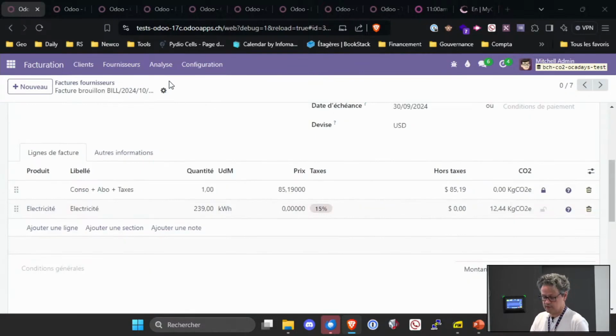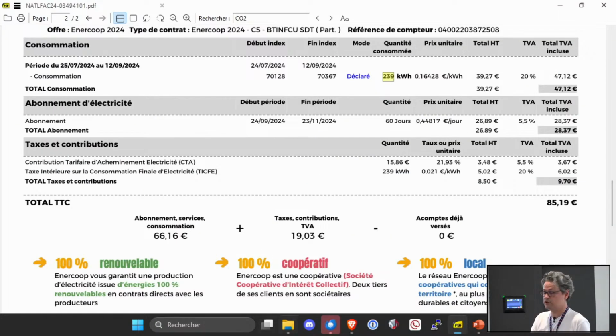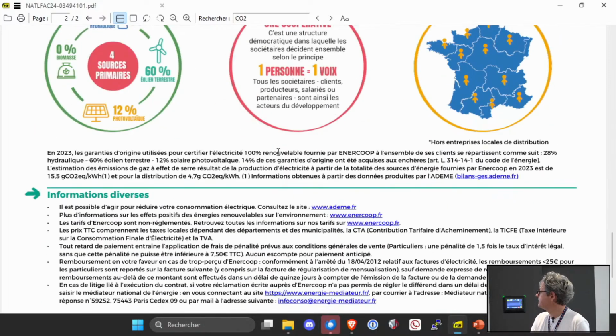I don't know if you did notice, but we have interesting information on the invoice. They have given us the exact carbon footprint of the electricity that they are producing. So instead of having a generic emission factor, we will be able to get the exact one from them.